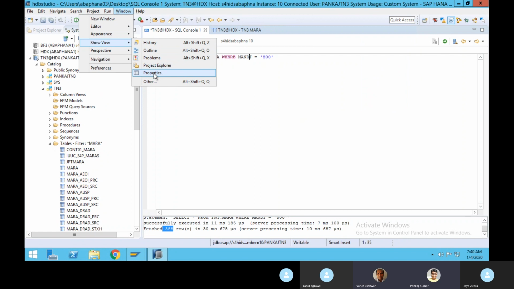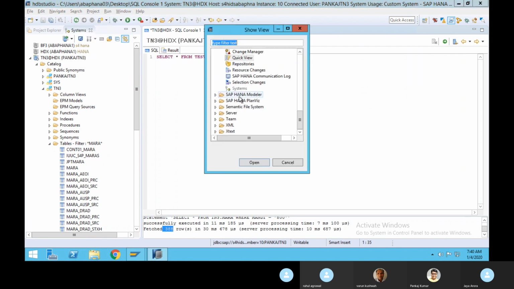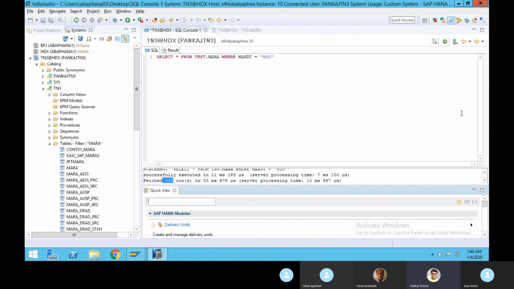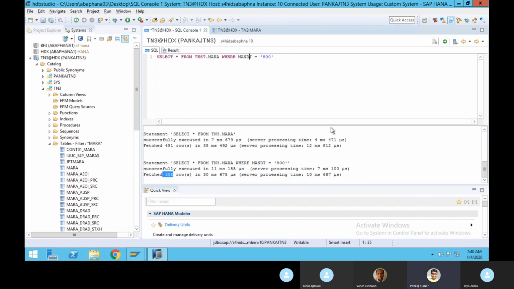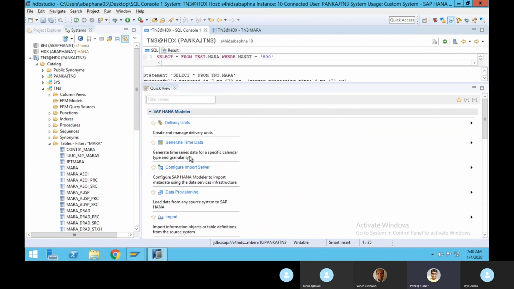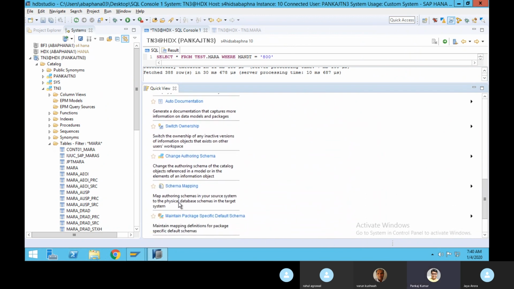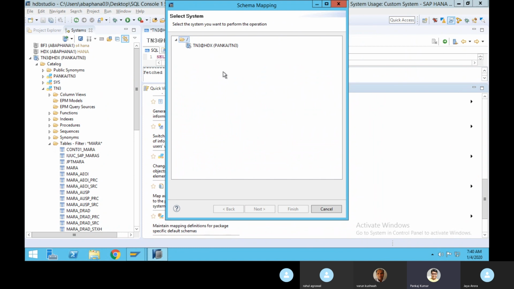Just a second. Okay, open this quick view, and under this quick view somewhere you can see the schema mapping. Schema mapping, you can see over here. Just click over here and you can see, for this particular TN3 SDX, the alias name and all. Insufficient privilege, I don't actually have